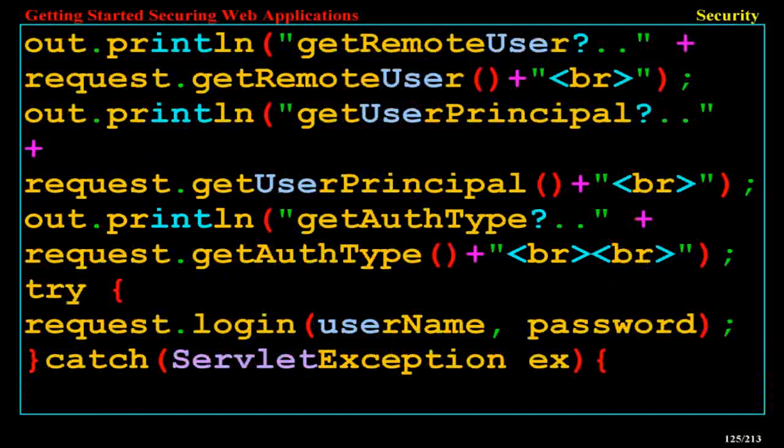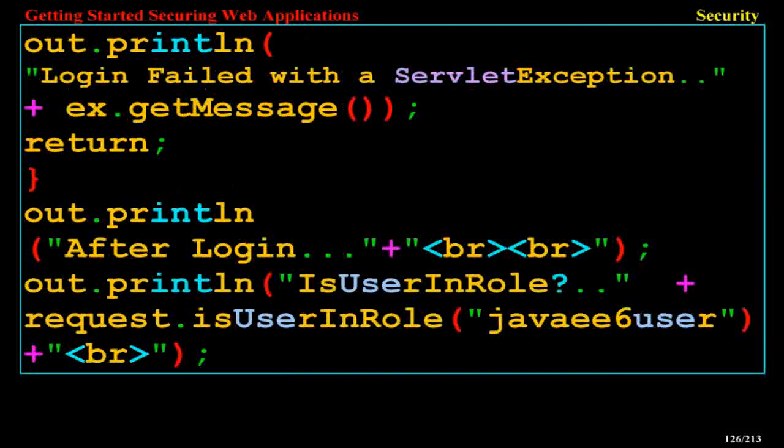out.println("getUserPrincipal?.." + request.getUserPrincipal() + "<br>"); out.println("getAuthType?.." + request.getAuthType() + "<br><br>"); try { request.login(username, password); } catch (ServletException ex) { out.println("Login Failed with a ServletException.." + ex.getMessage()); return; } out.println("After Login..." + "<br><br>");